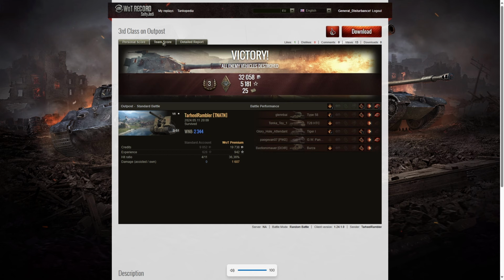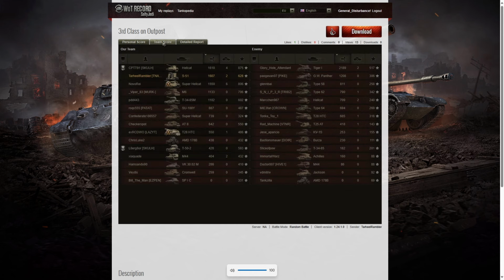Let's have a look at the team score. He didn't get the highest damage in the game, but he actually did very well because the Tiger 1, the one that he kept hitting, that guy got 2,189 hit points of damage. The second highest was the Hellcat on his team with 1,610, and just 3 hit points behind him is TarheelRambler in third place with